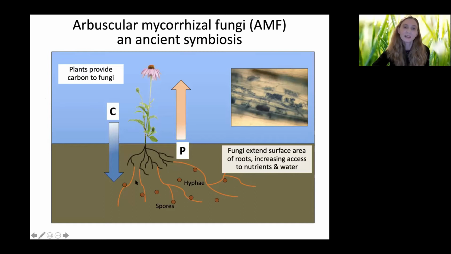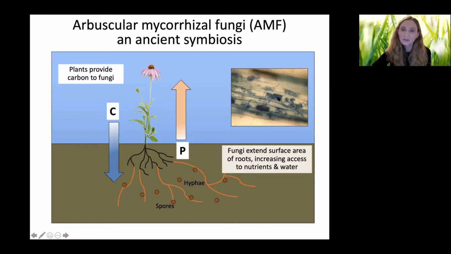originally establish on land. In this symbiotic relationship, the fungi form structures inside plant roots, so they live symbiotically with plant roots. The plants are photosynthesizing and they provide carbon to the fungi. And then the fungi here in orange create these thin hyphal threads that can go out into the soil ecosystem and access nutrients and water that are outside the root zone. The arbuscular mycorrhizal fungi in particular are really good at getting phosphorus for the plant.